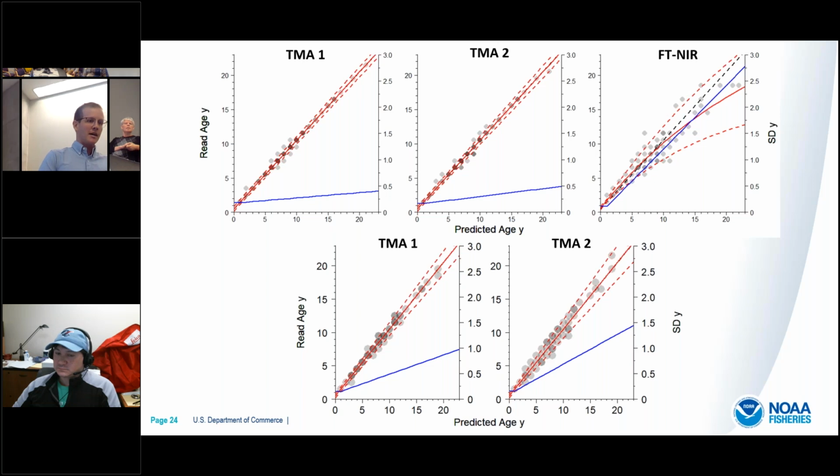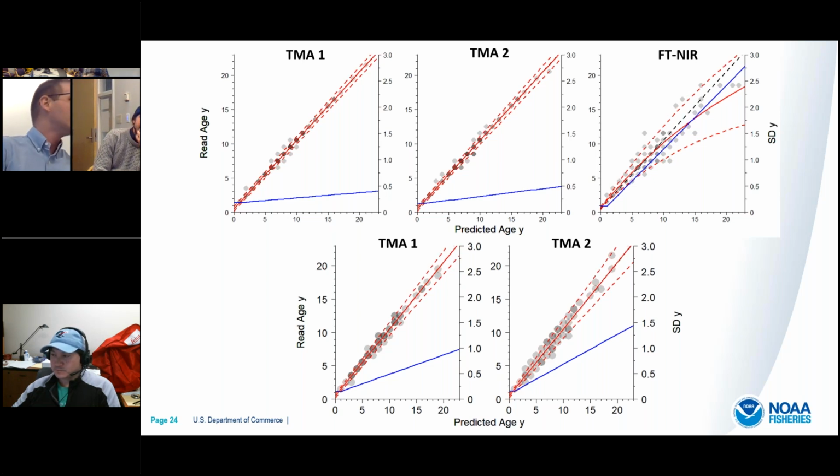So my question, and something that we need to investigate, is this due to the samples that we have available? Are we not able to properly inform the model to estimate that standard deviation in age for the TMA ages because we lack sufficient data? Or is this some effect where there's a true age random effect within the model? Are the NIR ages impacting this process and the subsequent fits? To do that, we need to run a simulation, and that is what Jason Connor has been working on. I'll let Jason run through it, but there are a few more steps we have to take in future work to really dial this in, and we'll present more on it